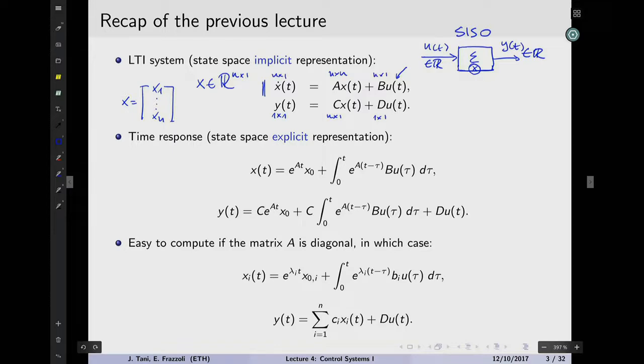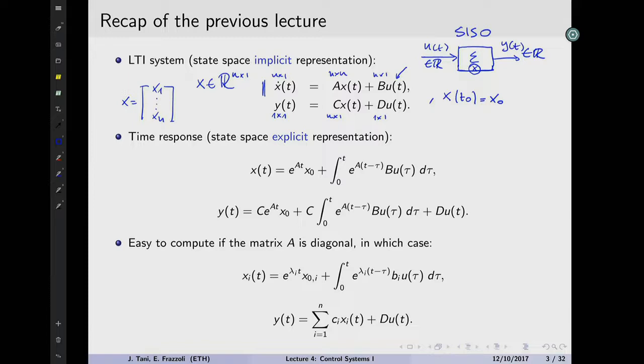So once we introduced these state space representations of linear time invariant systems, which sometimes we can call the implicit representations, because once you write it down like this, and of course, I forgot to write it, but you will have to include an initial condition, given this is, of course, a set of ordinary differential equations. We can call this the implicit representation because it implicitly already gives you the solution. Once you write that down and you know the parameters, the solution is just a matter of explicitating it.